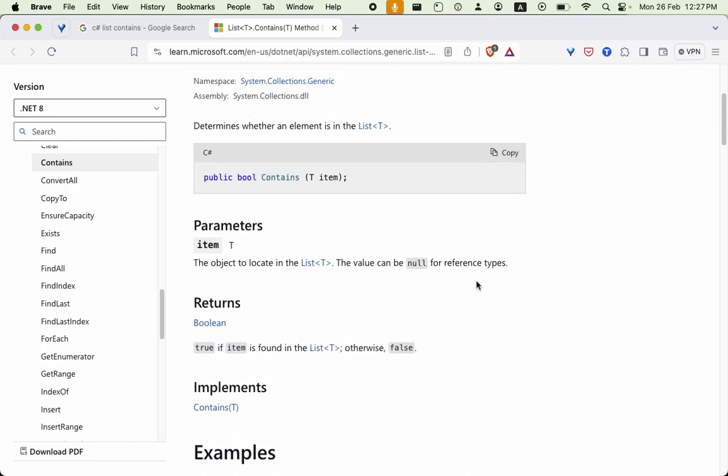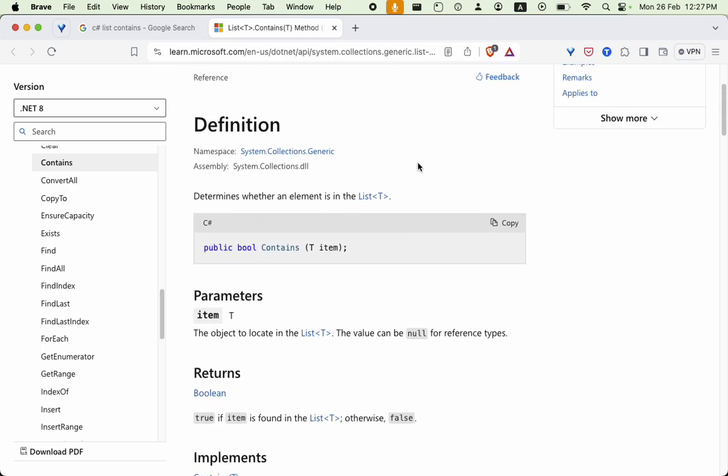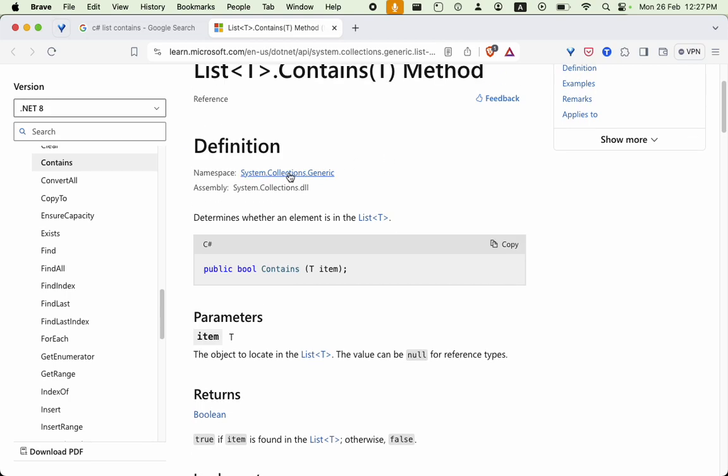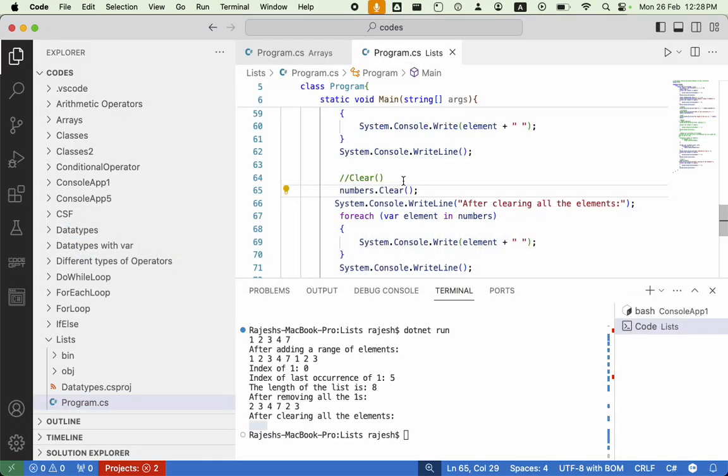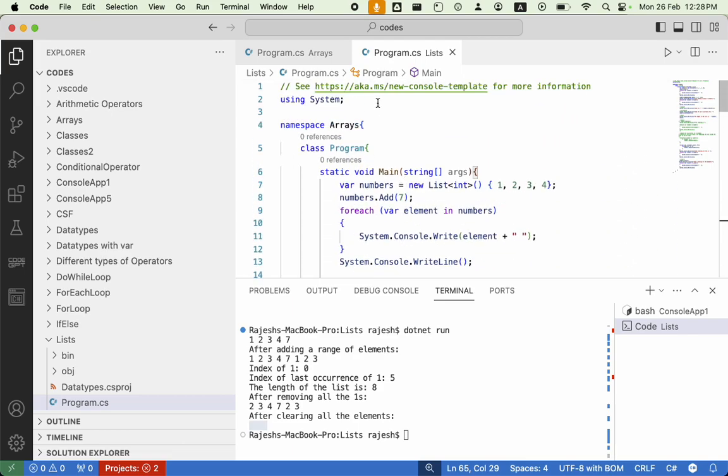All right, now like Contains. So first of all, you see this namespace. This namespace is where the class List belongs to. Okay, like Console.WriteLine, it belongs to the System namespace. Whereas the List class belongs to this System.Collections.Generic namespace. Usually you have to include this namespace for your code to work. Right now VS Code is slightly intelligent so that it is working even without you including this particular namespace, but